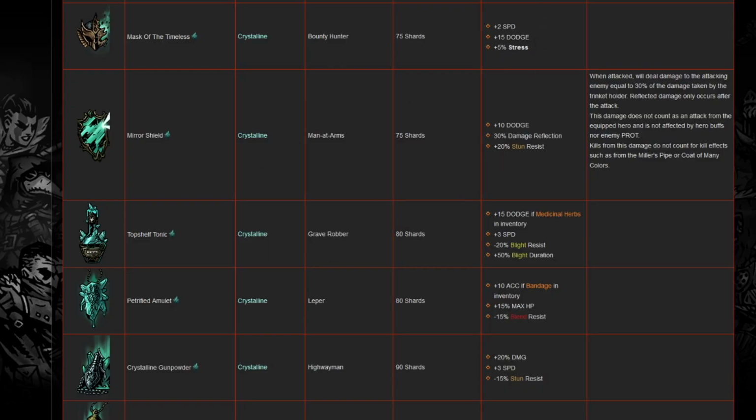The Mirror Shield, I wish this thing was good. I want it to be good so bad, because I love the idea of it. I love the idea of just bouncing back damage at people that they can't resist and stuff like that. But in execution, it's just not good. So this small paragraph on the right is just saying that Man-at-Arms is reflecting the damage he takes,